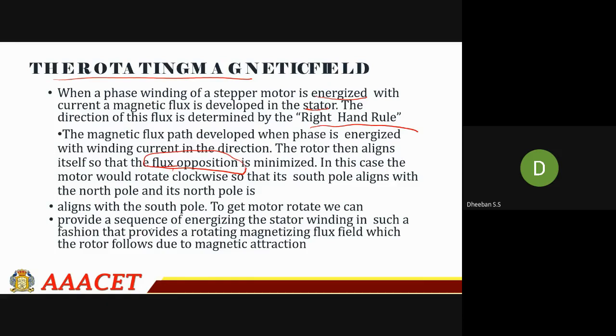Due to this, to get the motor to rotate, we can provide a sequence of energizing the stator winding. In order to make the rotor rotate, you have to keep on energizing your stator with various poles. Hence you will be giving a pulse as an input. Based upon this pulse, at the starting edge, or the triggering edge, your stator might be a north pole. At the ending edge, the stator might go to south, then again south, then north, then south, and again north. This might be the characteristics of your stator.